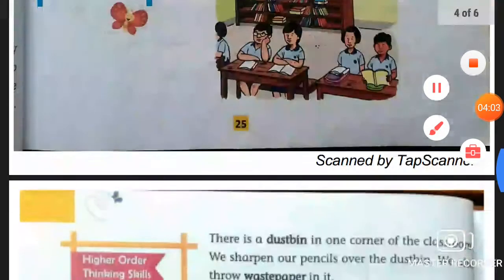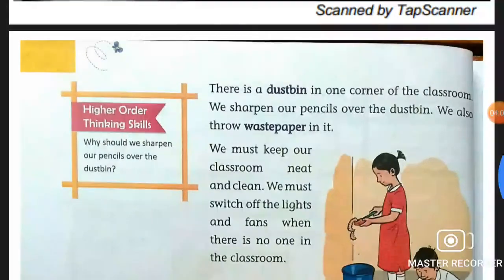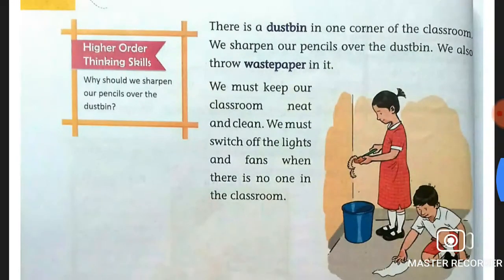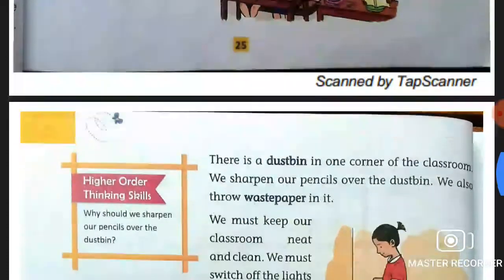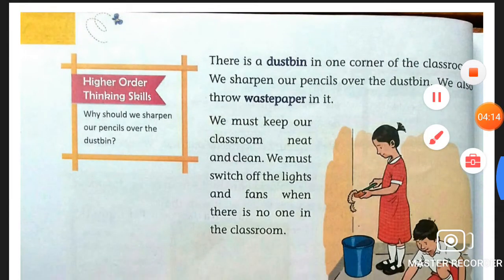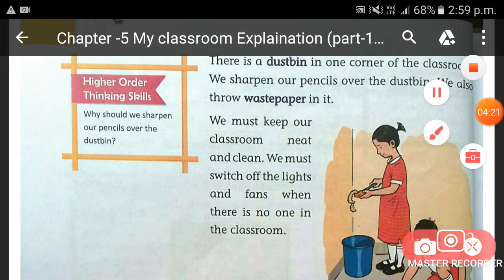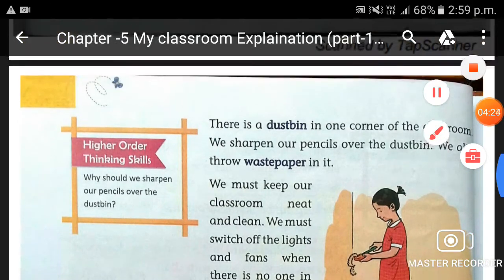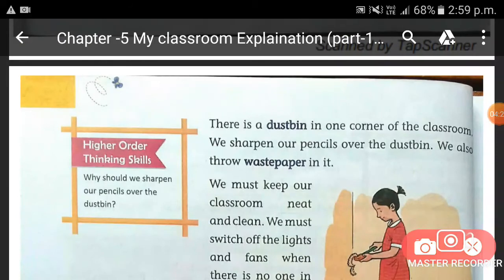Now turn your page and come to the page number 26. Okay students, come to the page number 26 and put finger on the first line. Put finger on the first line, students, and now listen to me carefully, students, in order to understand how I am pronouncing every single word of this chapter. Okay, so let's start reading with me, students.